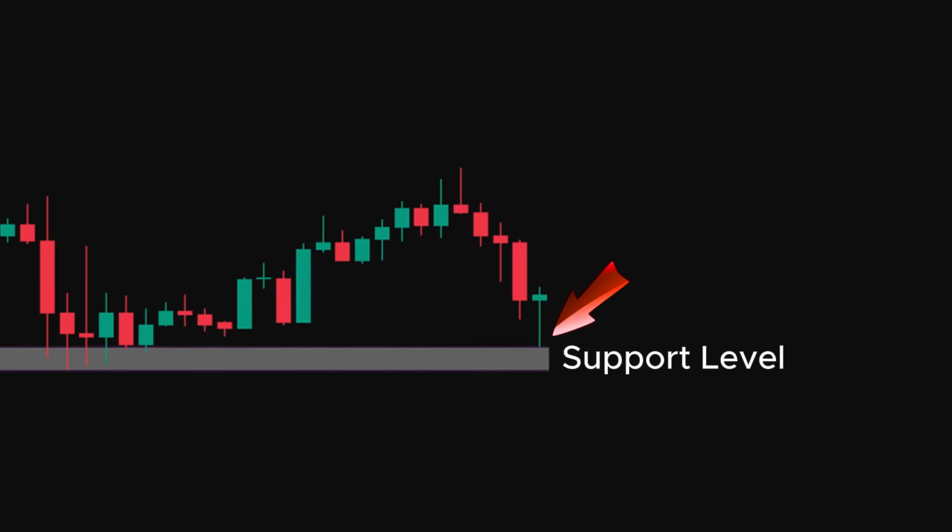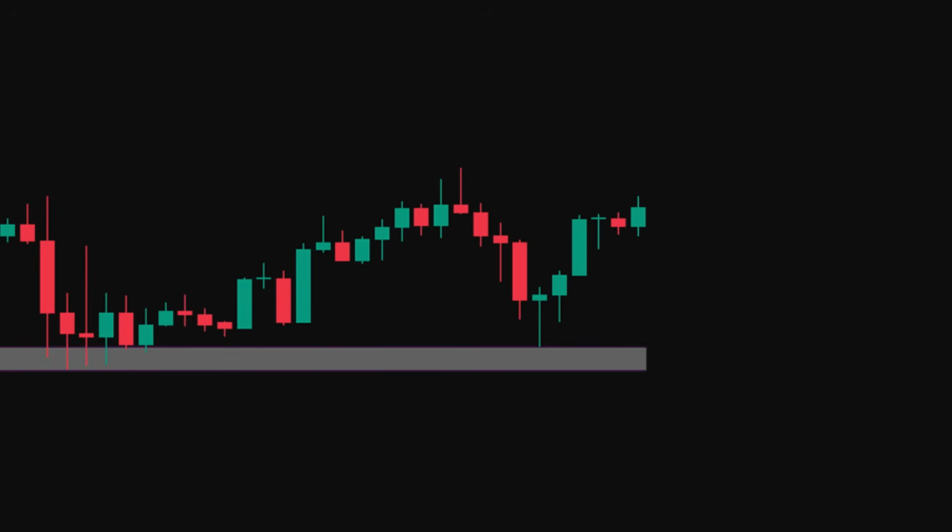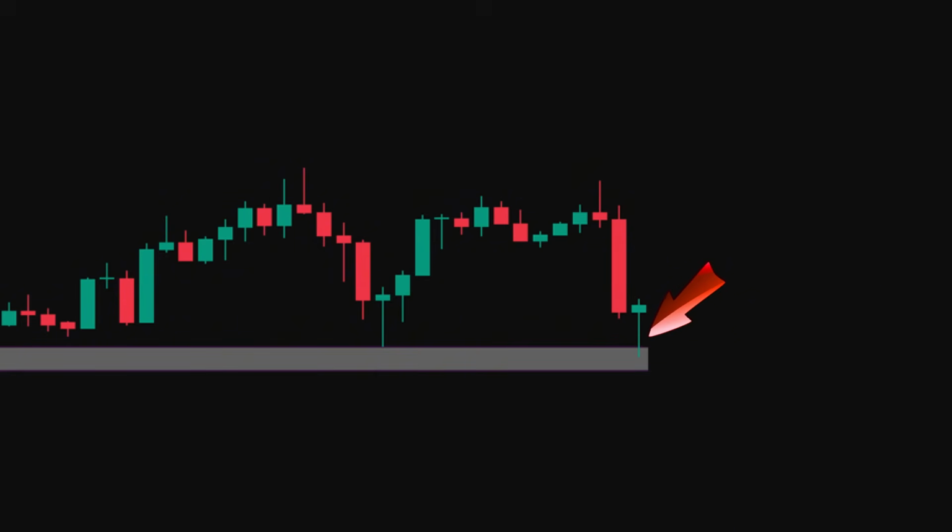We got a rejection candle here where the price at the support level got rejected, and you can see that the price advanced after that. Again here the price reached the support zone and again rejected. This is a support level and we expect that the price will stop here and reverse. And when we have a rejection candle like this, it tells us that market participants showed reaction to this support